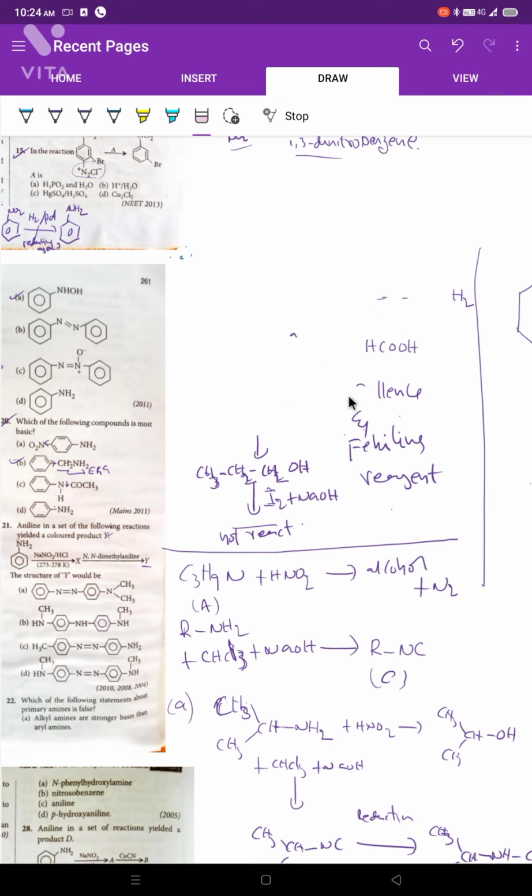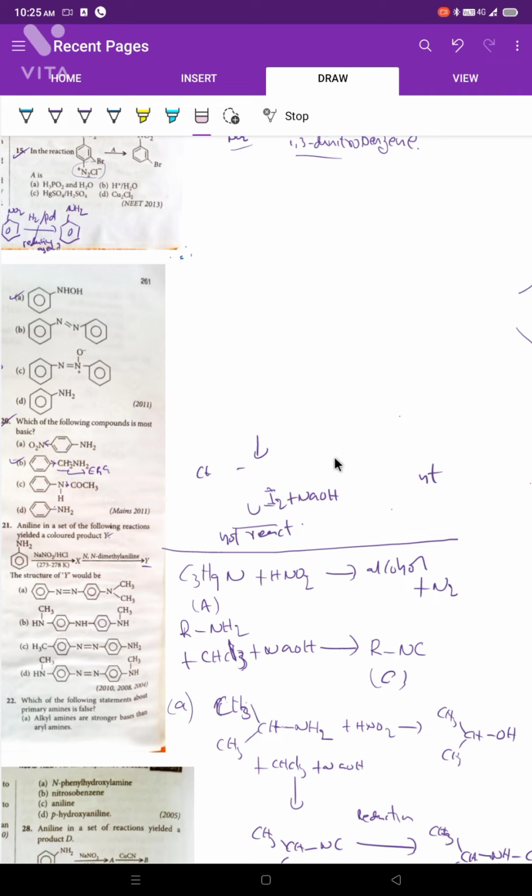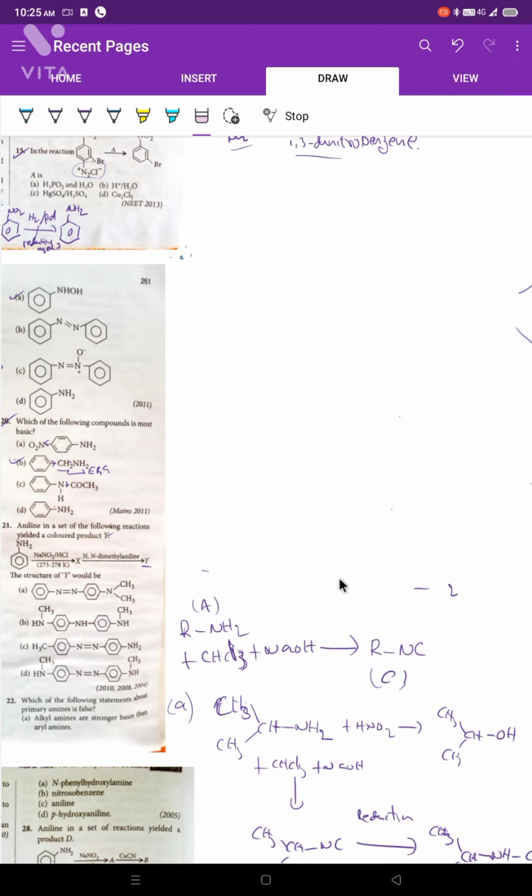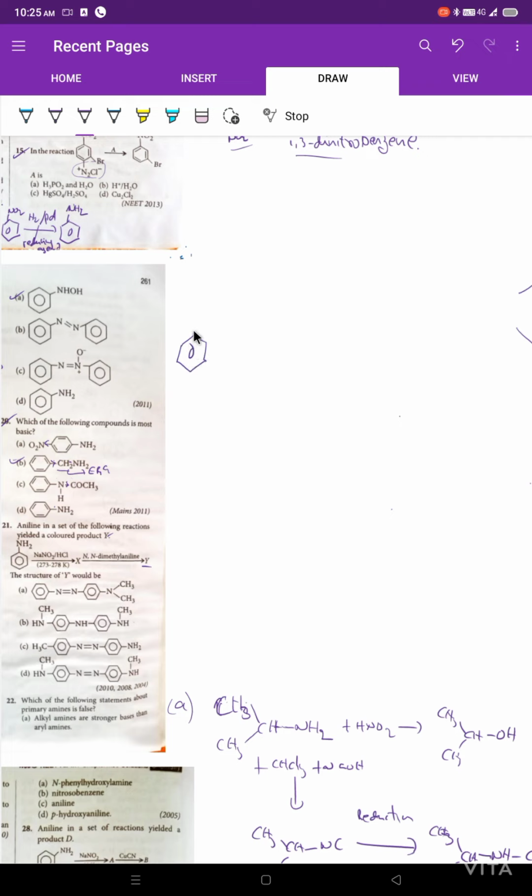Let us write what happens. Aniline on reaction with